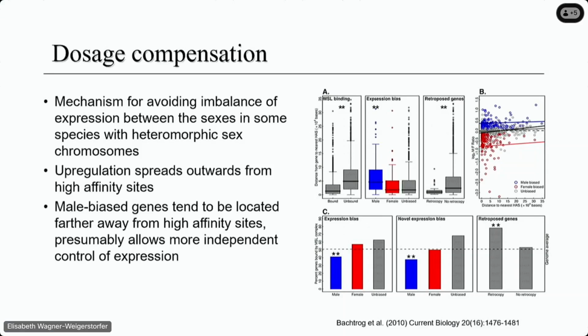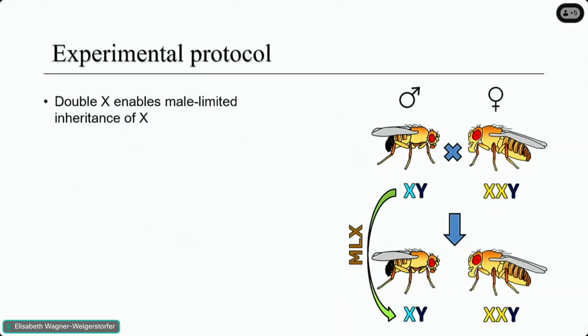So this MLX experiment, as we call it, male limited X chromosome, it works like this. And this is the same protocol that we used the first time around. We're doing it again. So we have females that have a double X. So we have a more or less wild-type male that is mated to a female that has 2 X's and